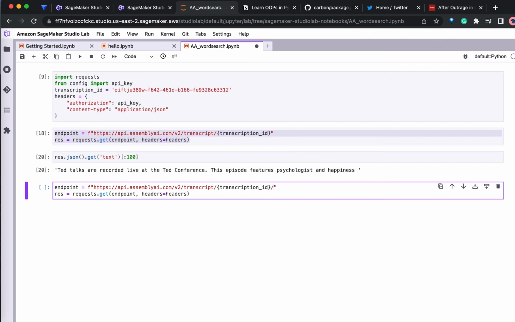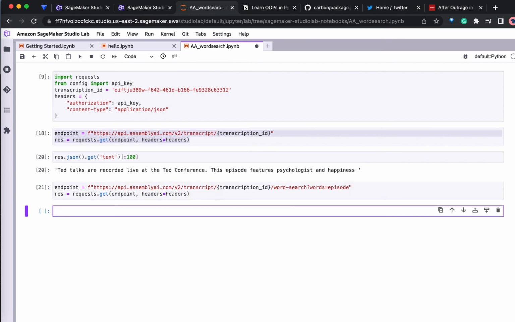Here, what we have to do is we have to give slash word search and the question mark and what are the words that we want to search. So for example, I want to search for episode. That's all I want to do. Now let's run this one. It ran successfully. Now if you print